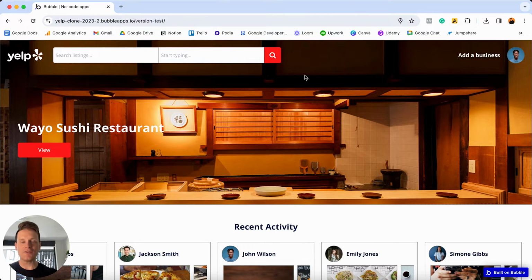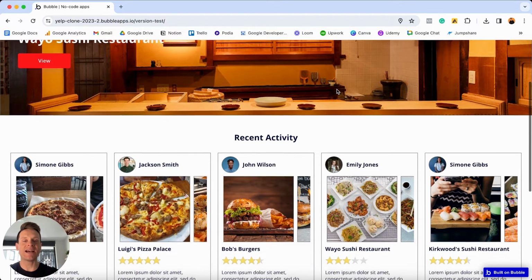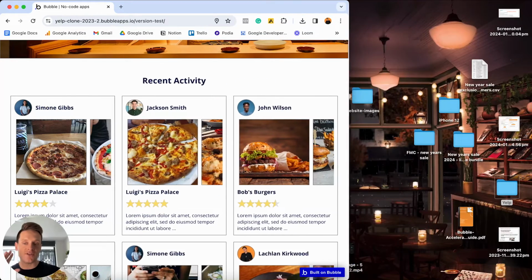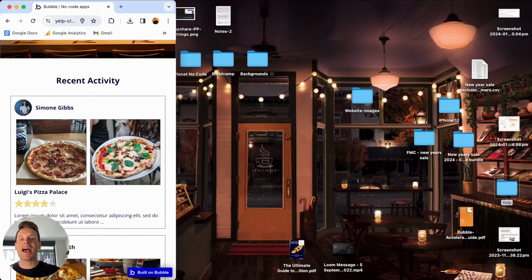Over in a preview of my Yelp clone, I'm currently logged in as a user and I'm viewing my homepage. Now, if I was to scroll on down, as you'll see, we've got a long list of all of the recent reviews that have been published within our platform. Now, one thing I should also point out while we're here is that, of course, every page inside of our app today is going to be fully responsive. So regardless of whatever device or browser size your user views your application in, they're going to have a beautiful